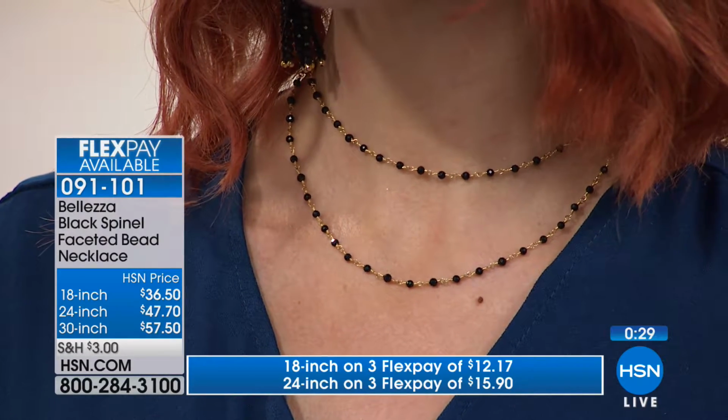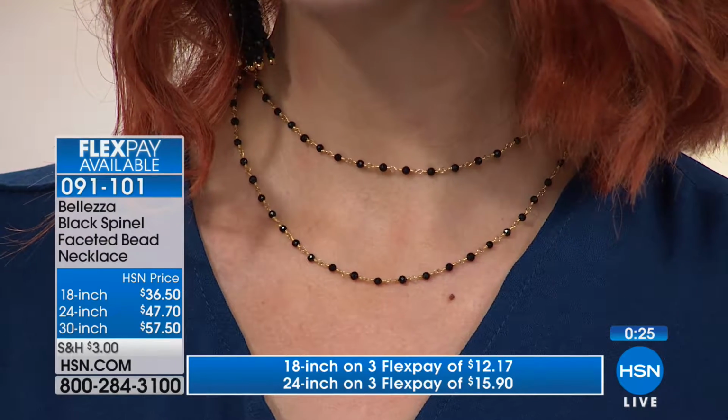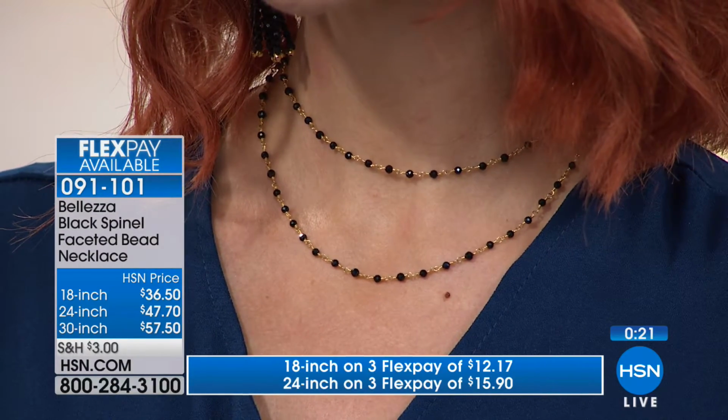Final few seconds here. I'm so thrilled that we were able to bring these back. They are limited. Another thing that's impressive, genuine black Spinel, the weight of the piece. So as soon as, did you touch that, especially the 30-inch, but even the 18-inch? No, it feels like real jewelry. Yeah, it is. 091101 is the item number. Now, we do want to thank you